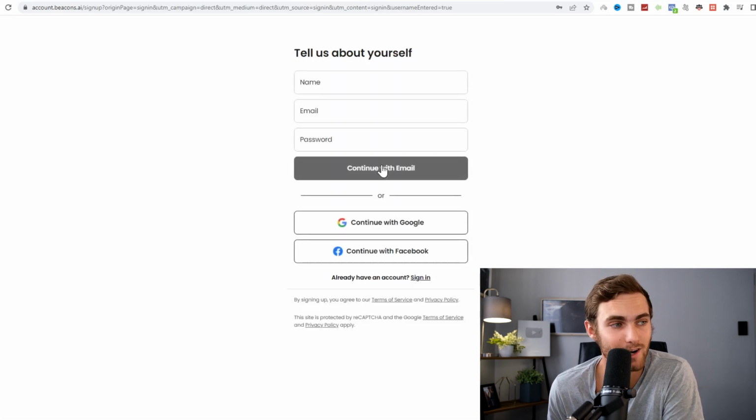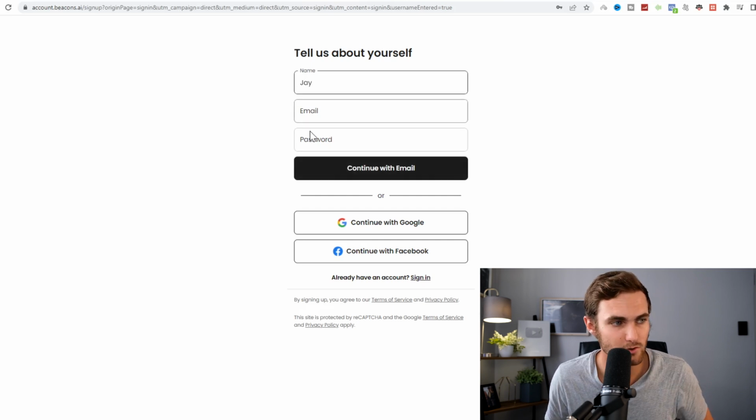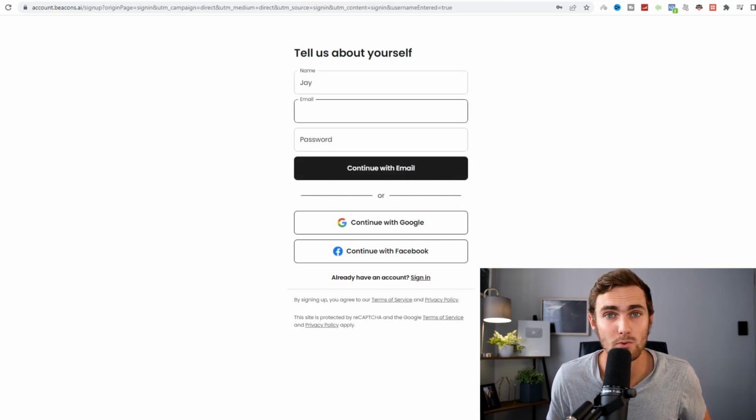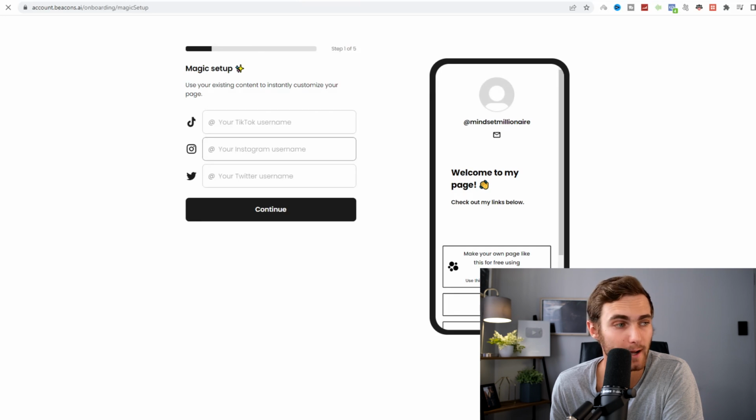I do recommend when typing in your name, try keep it as short as possible. You can go and type your name, for example, Jay. We can put our email address and our password. It will then load up a page where you need to go and enter your TikTok username, your Instagram username, your Twitter username. I'm also going to show you how to use Facebook, as I know a big part of